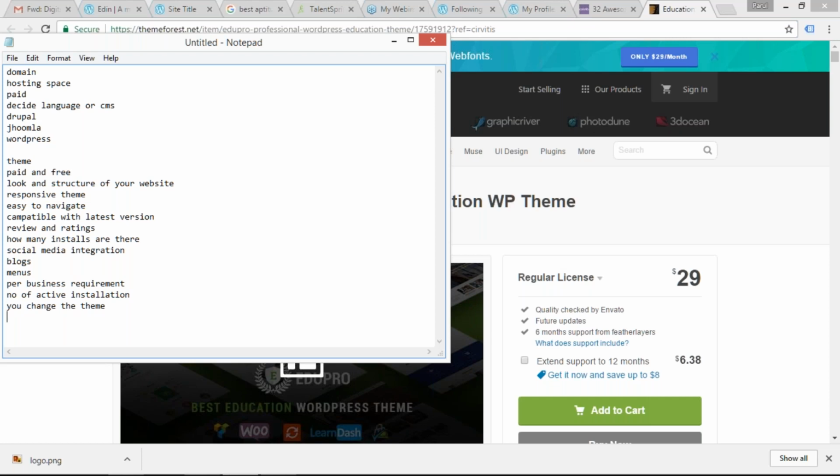Okay, but it will not change the content. Your content will remain there, and only your theme you can change anytime. So in this free theme also I'll show you how you can change the theme. And then as I was telling you about in the free themes, there is an option which